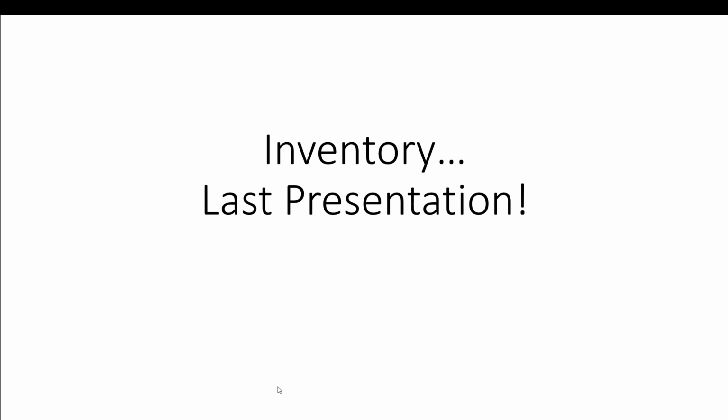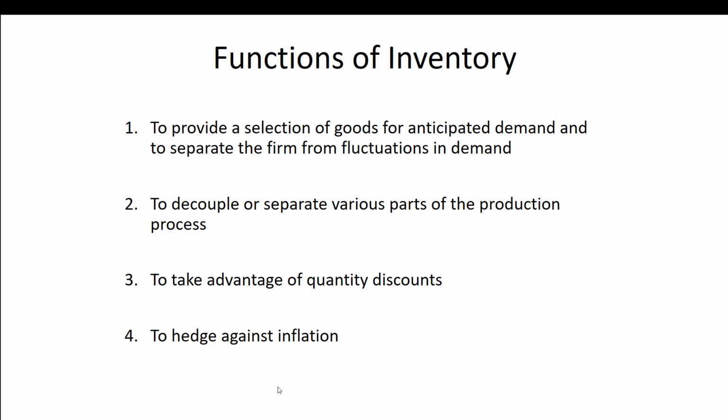So first off, I want to talk about why we have inventory. What are the functions? We've learned all these different formulas that we use to manage our inventory, but why is this important? One of the big functions is decoupling the production process from the purchasing process. In order to respond to our customers' needs, we don't want the customer to have to wait for us to order something for it to come in. Customers are very demanding; they want it right now. That allows us to respond to and anticipate the customer's desires, to have that product on hand,